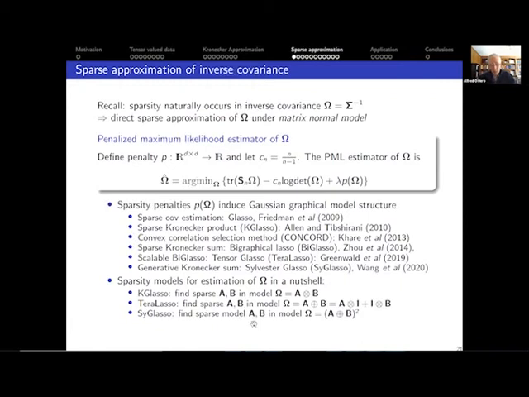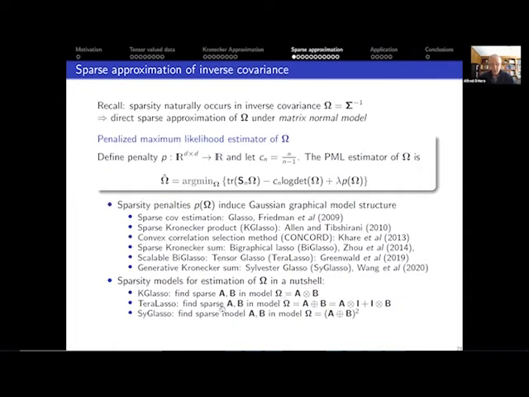So in a nutshell, the sparsity models are for the so-called Kronecker graphical lasso, graphical because the inverse covariance matrix, if it's sparse, can be looked at as a weighted adjacency matrix of a graph, where the zeros in that matrix correspond to pairs where there are no edges between them, right? And the non-zeros have edges with the corresponding weight of the inverse covariance. So the Kronecker G-lasso just uses the Kronecker product representation, with a sparsity penalty P on the off diagonals of A and B.